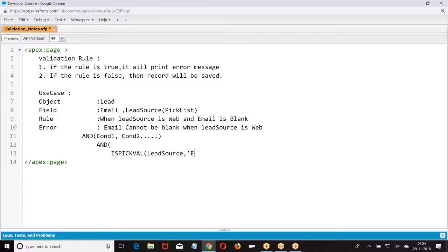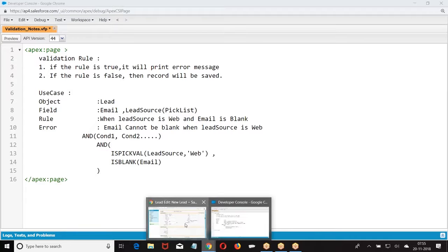If the lead source is web, the second condition is ISBLANK of email. Then print the error message. Because it is a combination of two conditions, I have taken AND, condition 1, condition 2. If the lead source is web and email is blank, then throw an error message.